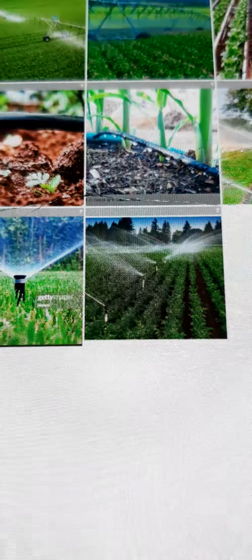So you can say these modern methods of irrigation which we have, they save water, they use water very efficiently and minimize its wastage. They are very helpful in those areas where there is a scarcity of water. Like this was the sprinkler irrigation system, this was the drip irrigation system, and this is about the center pivot irrigation system.